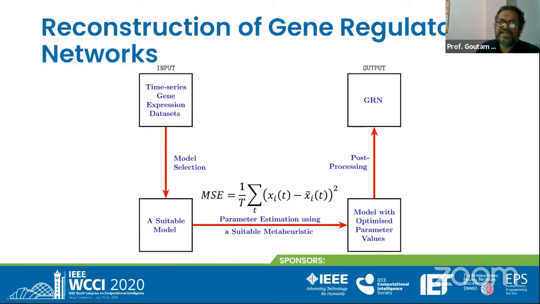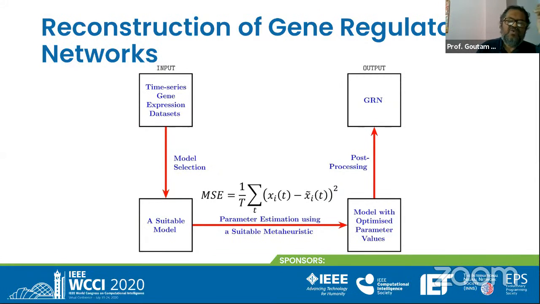I'm not going into the details of it because the things will take a nasty turn in that case. It is so much mathematical. I'm just telling you that from the time series data, I have to fit it into a mathematical model. A mathematical model consists of two things: parameters and states. Say, for example, y is equal to mx plus c. x and y are the states. m is a parameter, c is a parameter.